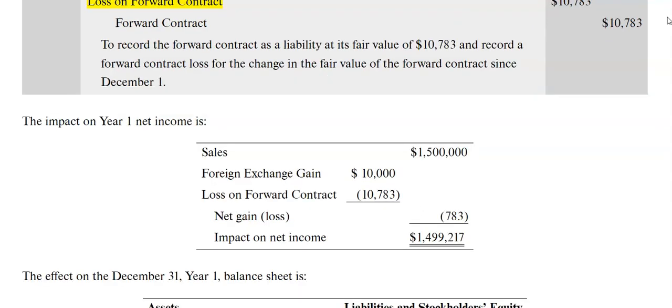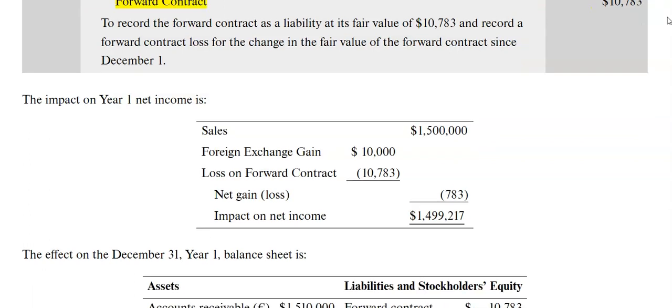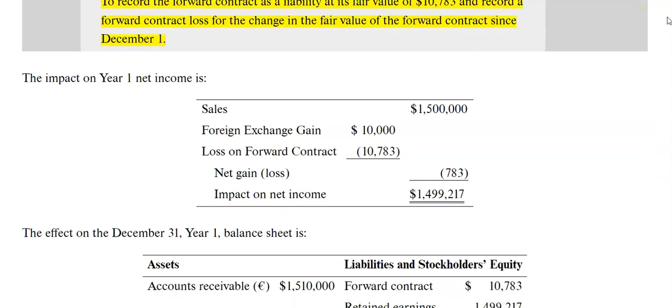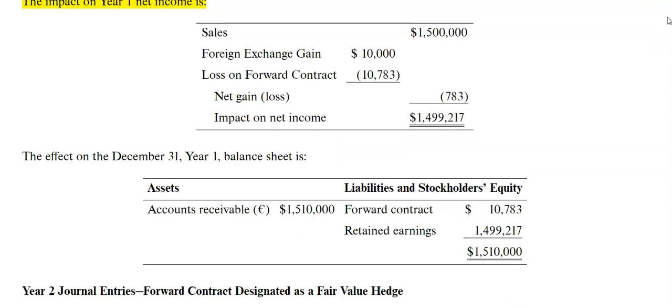Loss on forward contract, $10,783. Forward contract, $10,783. To record the forward contract as a liability at its fair value of $10,783 and record a forward contract loss for the change in the fair value of the forward contract since December 1. The impact on Year 1 net income is